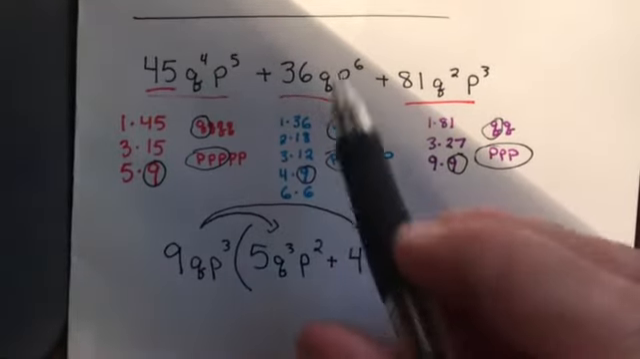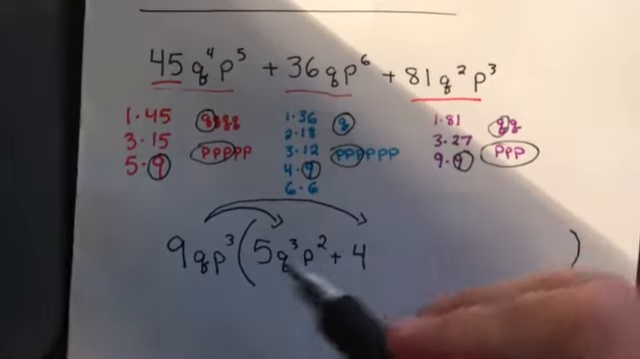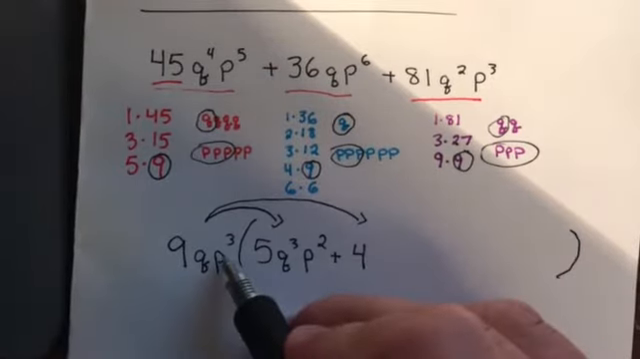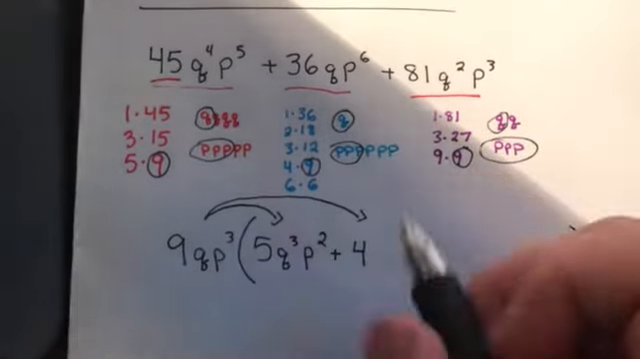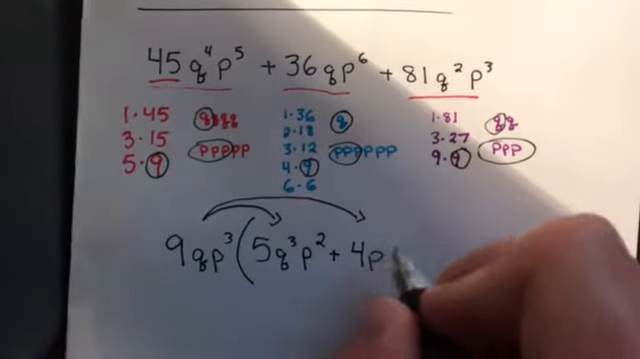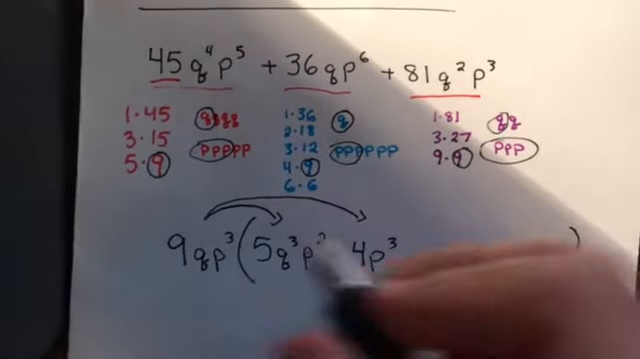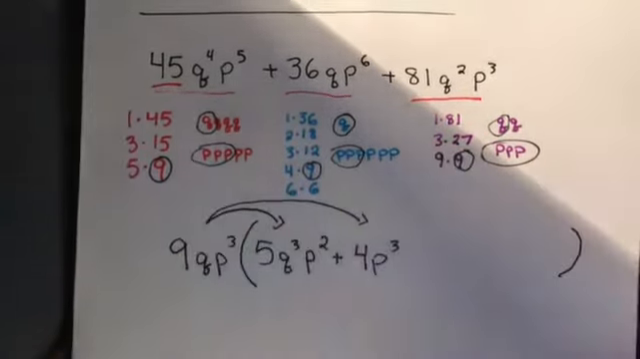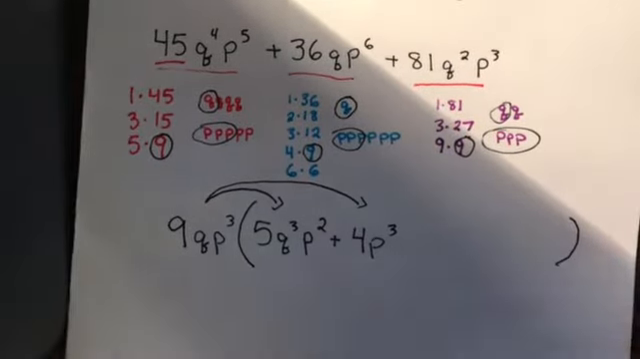I already have a q. Q times something is just q. We don't need to write a q term at all because we already have it. P to the third times something is p to the sixth. P to the third times p to the third is p to the sixth. Okay? Our middle term is done. Plus